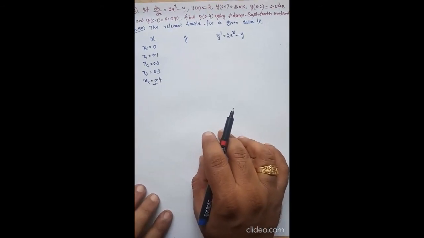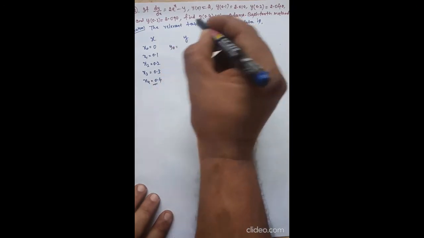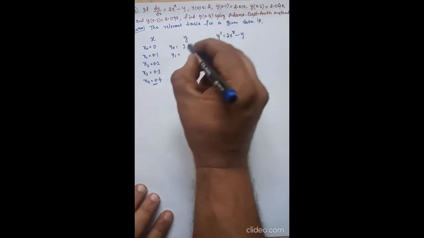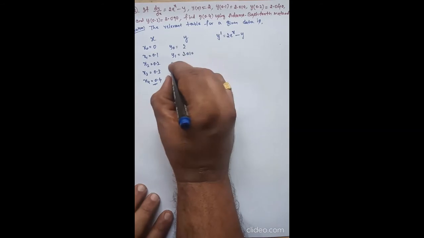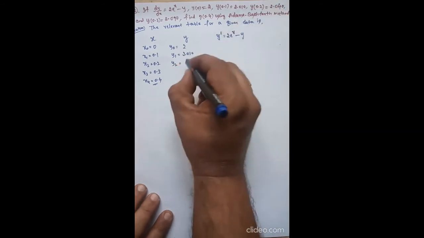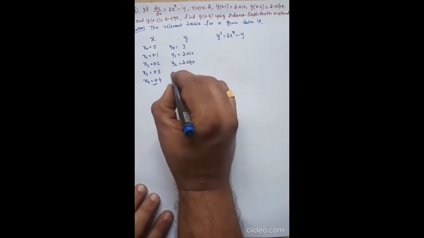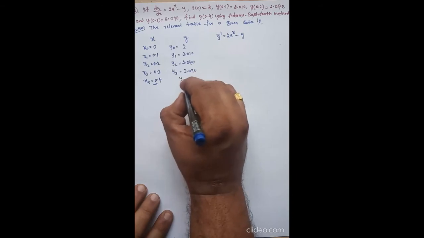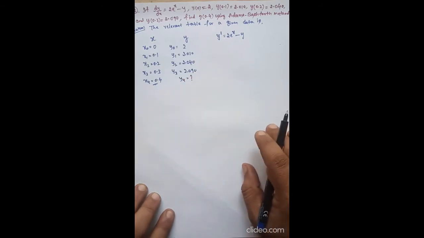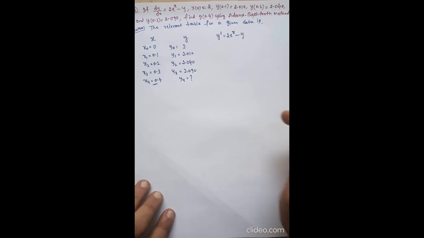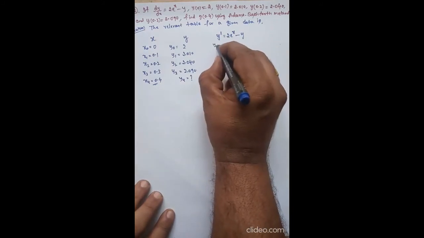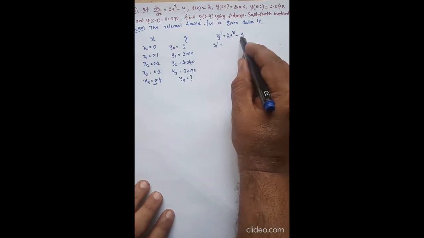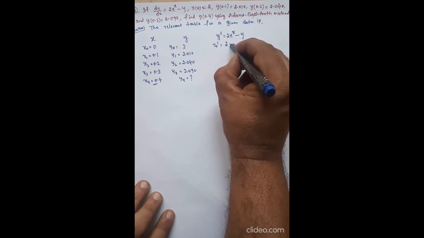Now the corresponding y values are y naught, it is given 2, then y1 it is 2.010, next y2 it is 2.040, then y3 2.090, and y4 is unknown, so that we need to calculate. Now let us find the corresponding derivative values, y naught dash. So what is y naught dash? See, y dash is 2e power x minus y. So y naught dash becomes 2 into e power x.